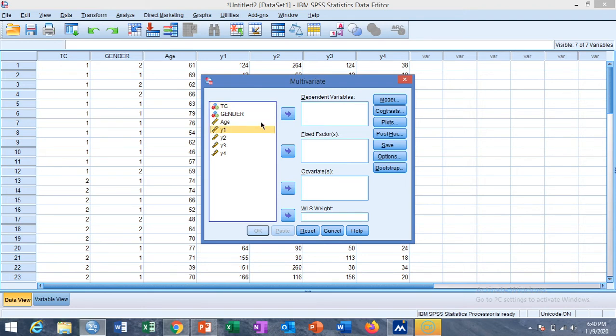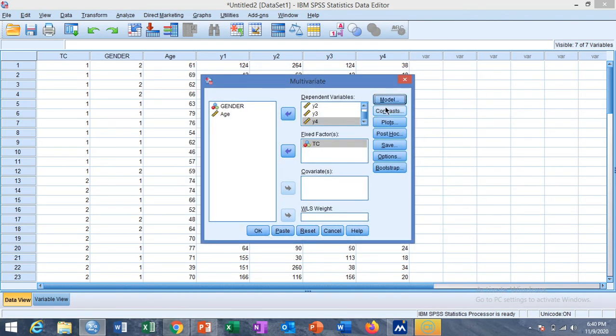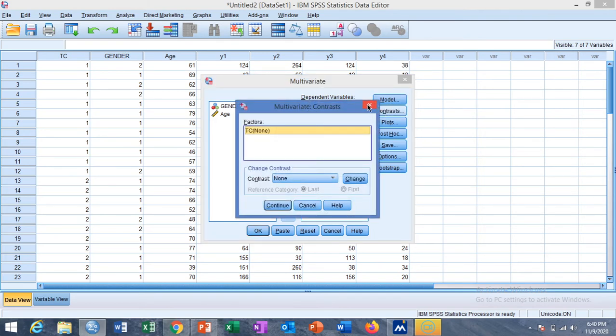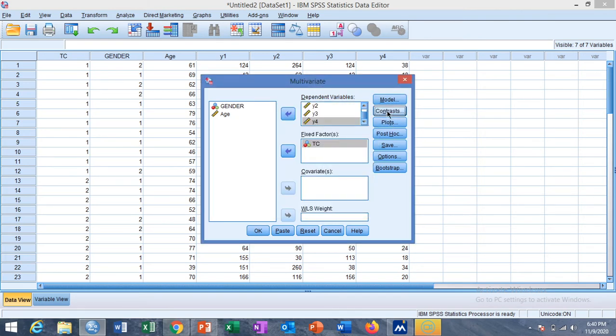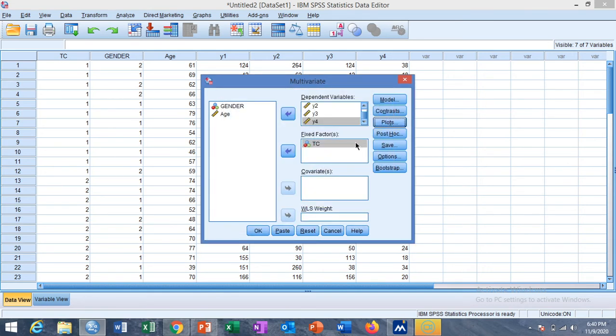You have four dependent variables y1, y2, y3 and y4, and the fixed factor is TC, and the model is the full factorial model. And then continue, and you can also see the contrast from this option. You can make plots for factors, and then add, and then continue.